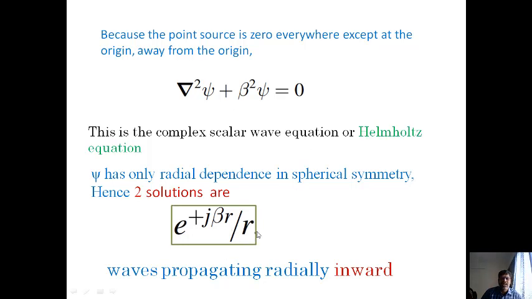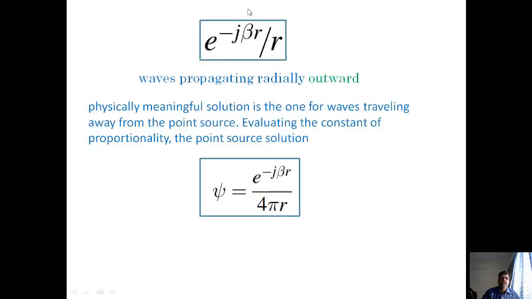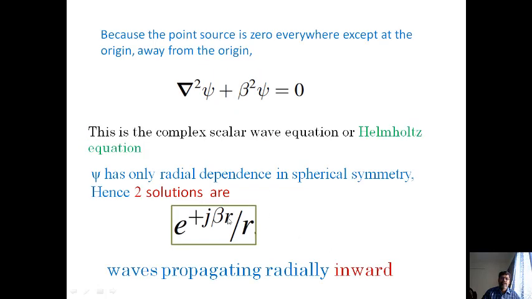The 1 by r represents that as the wave is traveling in the r direction, let us say in the radial direction of a spherical coordinate system, the amplitude will be reduced by 1 by r. One function represents the wave which is traveling inward, towards the source, and the other function represents the wave which is traveling outward, away from the source, which we can call a forward traveling wave. This wave can be represented as a reverse, backward or reflected wave from the far end.